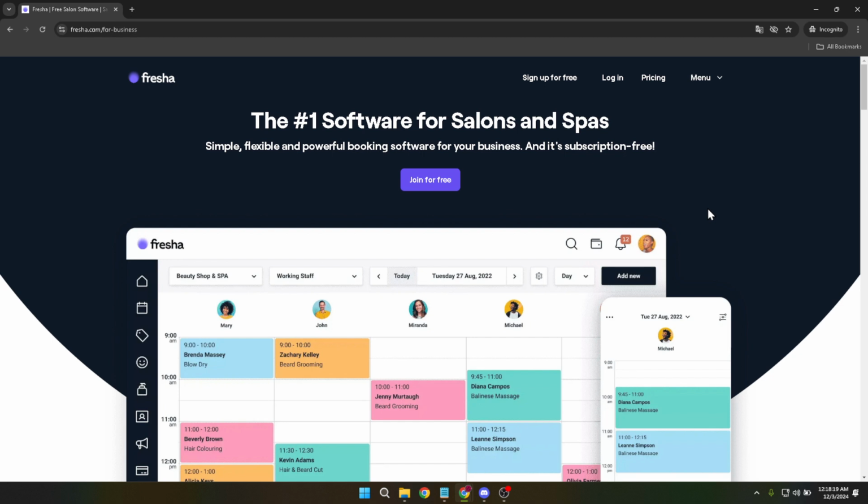Your first step is to navigate to Fresha for Business, which you can do by typing https://www.fresha.com/for-business into your browser's address bar. This URL will take you directly to the business section of Fresha, where you can manage various aspects of your